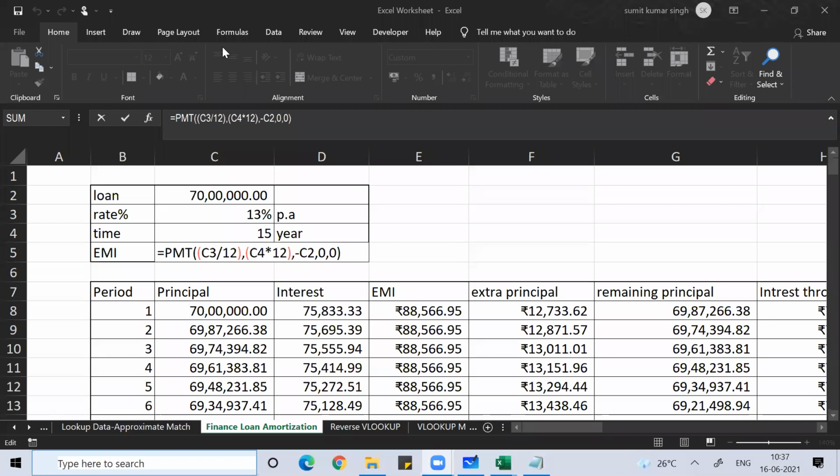I'll bet on you. Go to any financial institution and ask them, sir, if I'm going to take this much loan, how much will the EMI come to, and what is the calculation of that EMI? They'll type something in a calculator and tell you, sir, it will come in this range. They will never tell you the exact logic of how that calculation happens. That is something I'm trying to teach you.